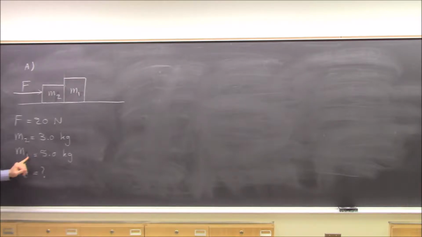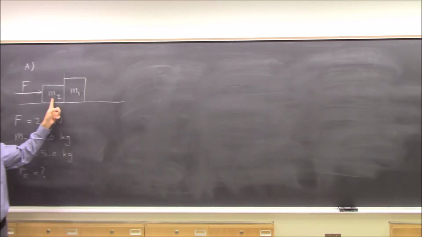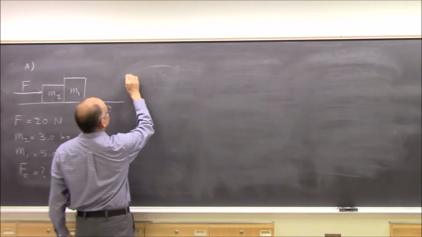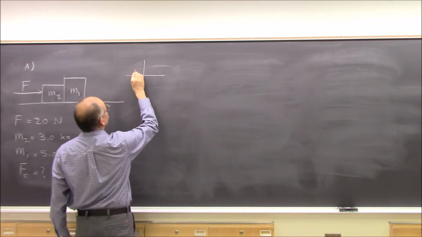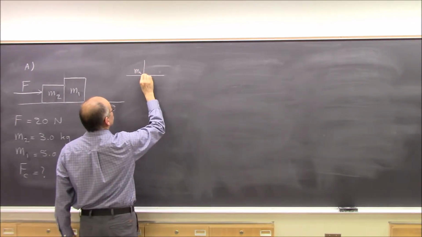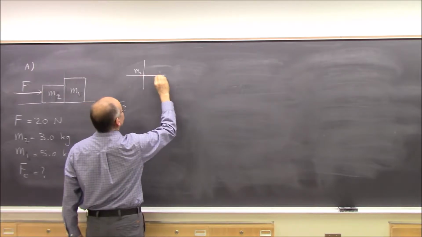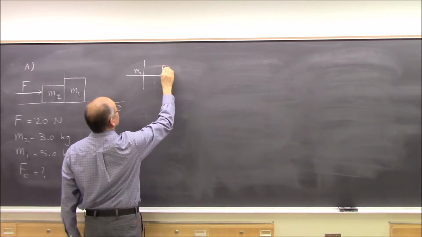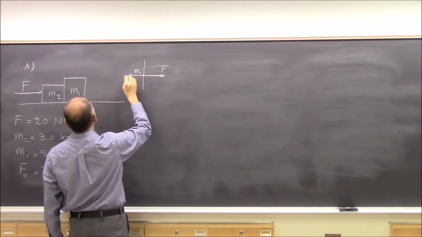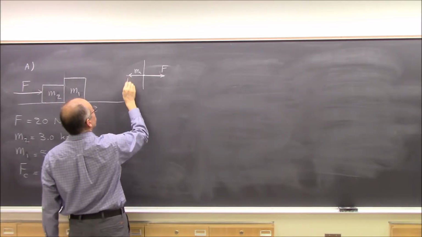M2 is 3 kilograms, M1 is 5 kilograms. You want to find the contact force between M1 and M2. So again, if you consider M2, you draw a free body diagram for M2. In the horizontal direction, you have a force F acting on it, and the contact force from M1 pushes back on M2,